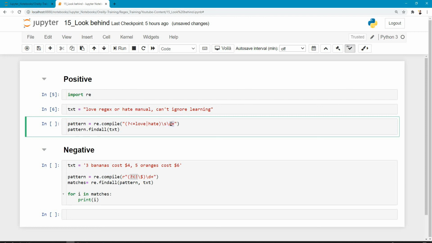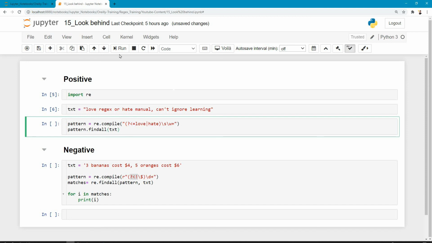Now before you extract this, you have to check that before this word and a space there should be love or hate, only then extract the word. Now look behind is used like this, question mark, angle bracket, equal to, and the values that I want to look behind before extracting the word.